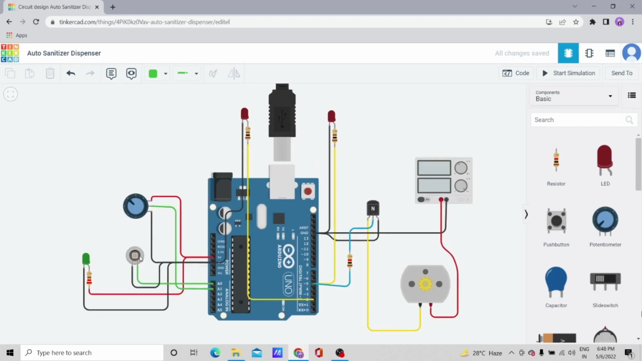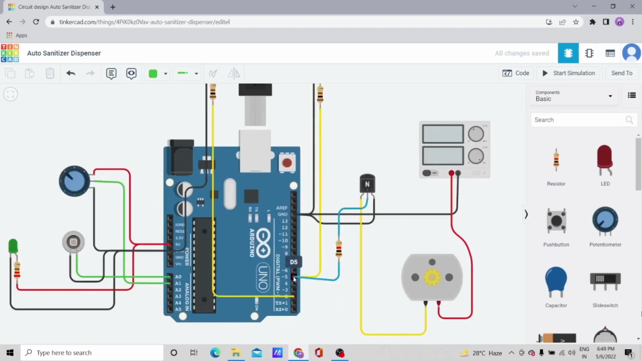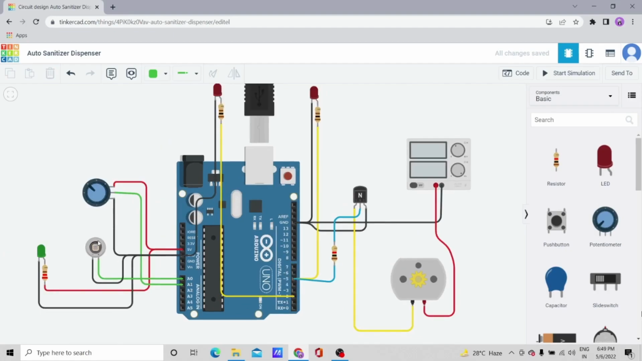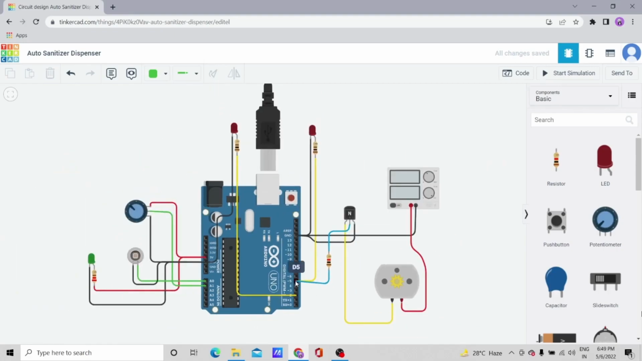Here this photodiode is working as my sensor. It is giving input to pin A0 of my Arduino, and this potentiometer is my volume control, giving input to pin A1. Pin 5 and pin 2 here are the output pins. When my hand is below this sensor, pin 2 gives output to this circuit and this bulb glows. And for pin 5, the output goes into this transistor,